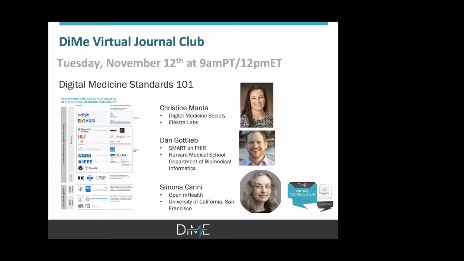Sure. So my name is Dan Gottlieb. I run a small consulting firm focused on FHIR projects, helping people build clinical systems on top of FHIR and other related standards. I guess most relevant to this talk is that I formerly was the technical lead for the Smart on FHIR project, and currently work with HL7 on FHIR population health APIs. So I've been co-leading the development of those APIs for the last 2.5 years.